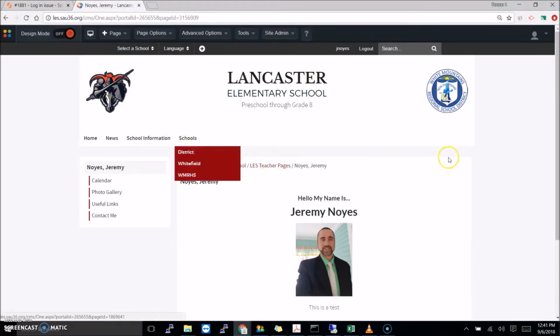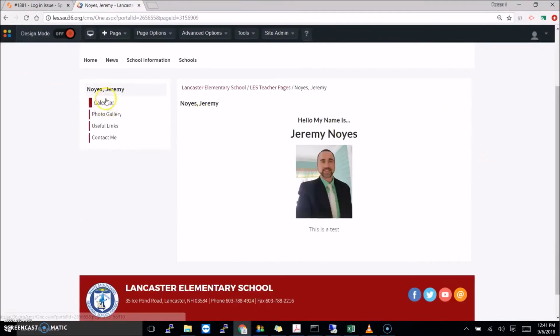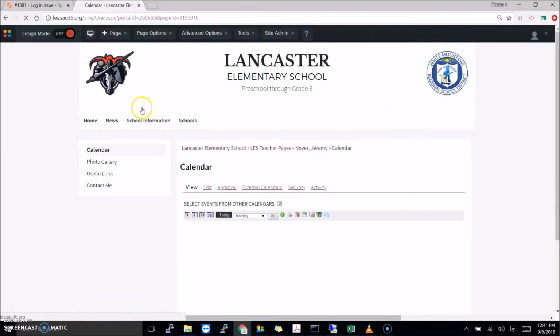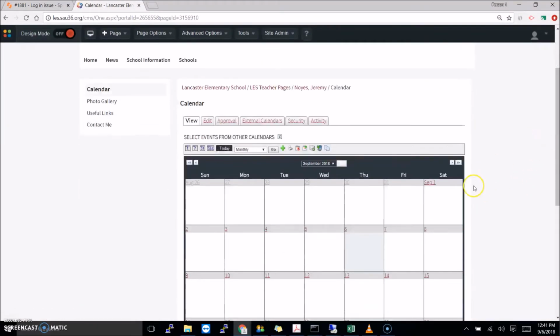I want to do a couple other things here. If you click on the calendar, you're going to have a nice calendar here. You can add course information, due dates, meeting dates, whatever the case may be, anything that you want public facing that you want parents or students to see. So to create an event, you just hit the green plus button,